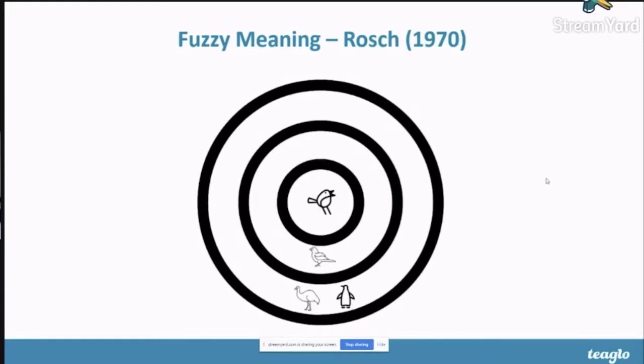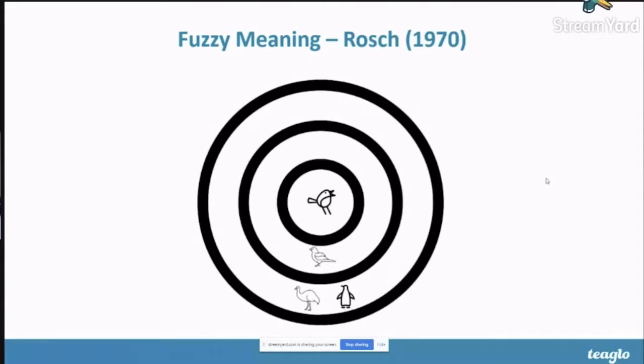So I think it's fair to assume from this prototype that people had a view of a bird in their mind as something that's small, perhaps has a small neck, is a bit colourful, has wings and can fly. So a robin meets all of these criteria, and that's why it's the prototypical example of a bird. On the contrary, emus and penguins were considered the least birdy birds because they didn't really match those criteria other than having wings. Neither of them is particularly small, neither is colourful. Perhaps most importantly, they're both flightless.